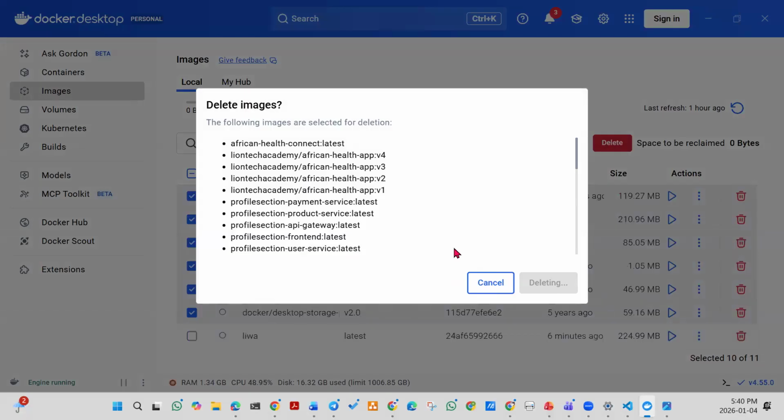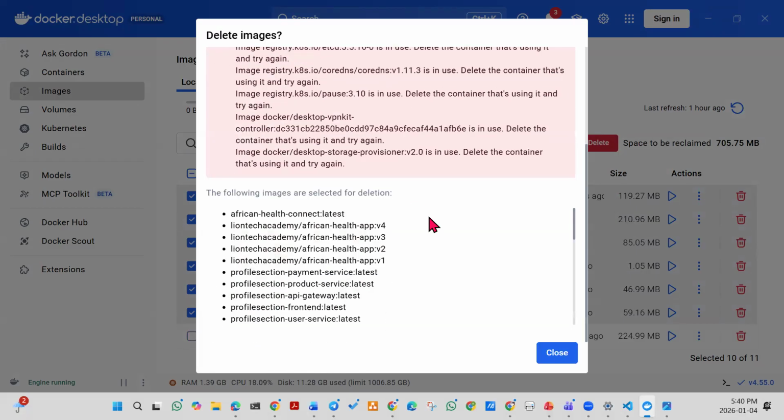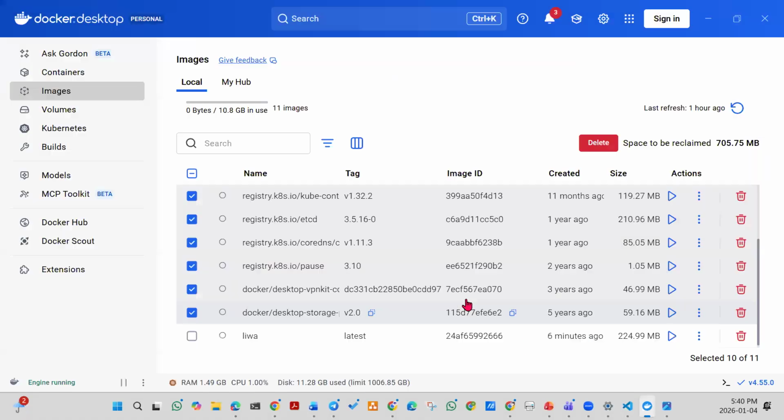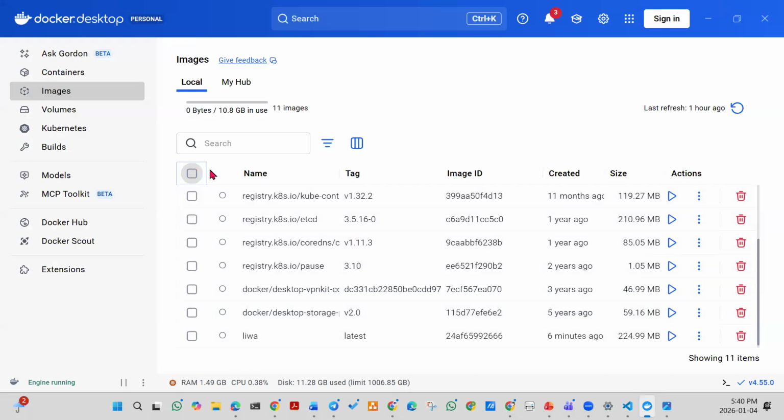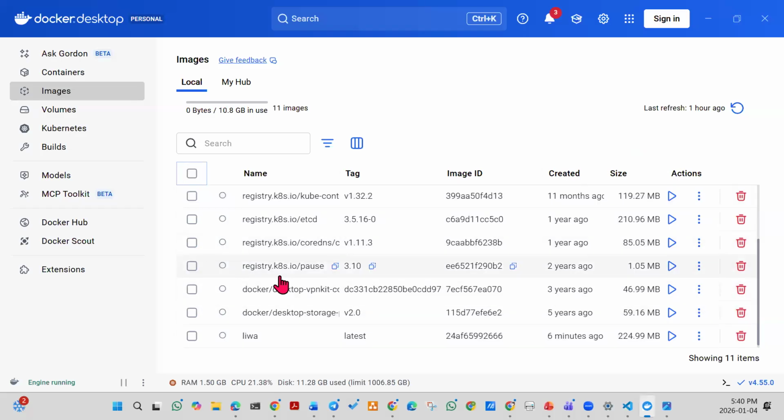So now if you run docker images, do you see how much space is being reclaimed? Okay, great, this is good. Now we have all our application, and you can see we have Liwa. So if I want to push this image to the registry,